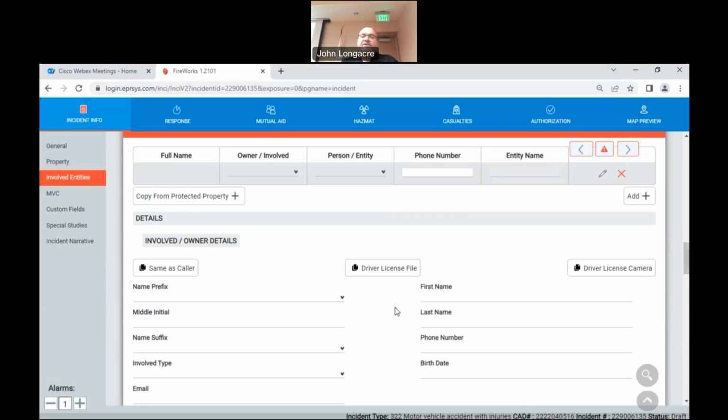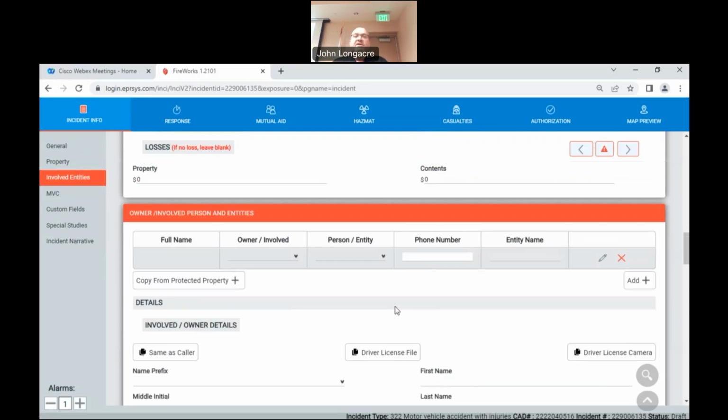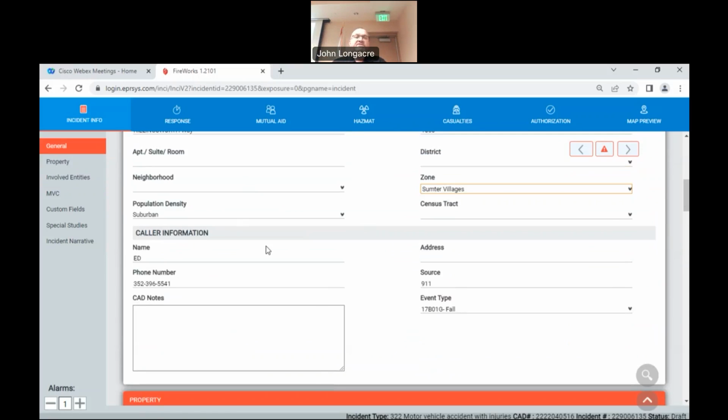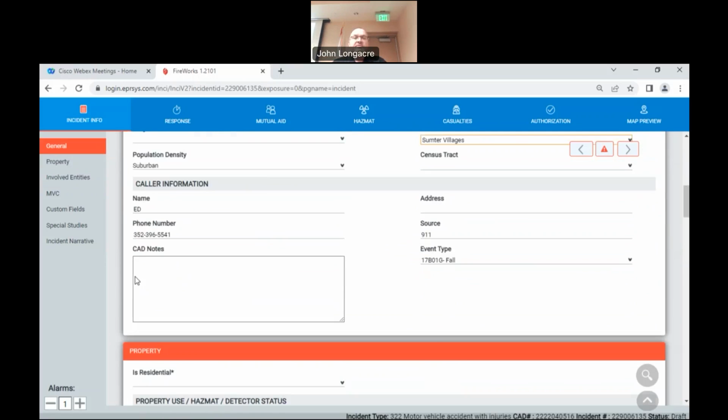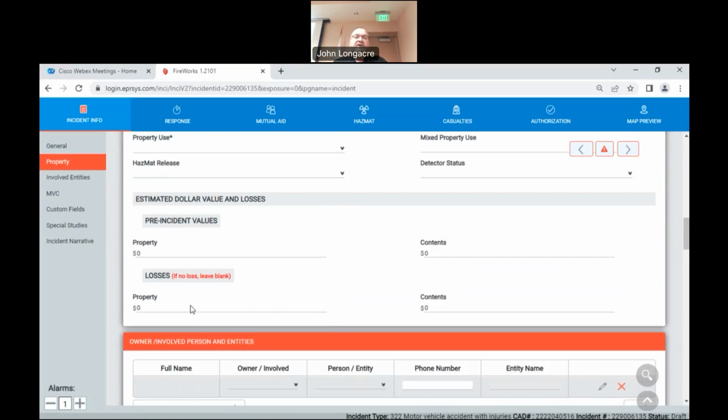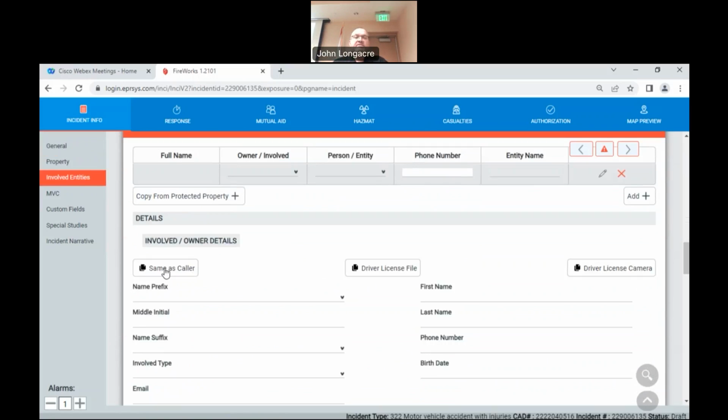So in the add button, we have basically 4 ways of capturing the owner or the involved party. One way is basically typing the information in. The second way is if the information is the same as the caller, and when I say the same as the caller, I'm talking about this information right up here. I can just click on the button and it will start building that in by grabbing the caller's name and a phone number, and then I can fill out the rest of the stuff. The third way is